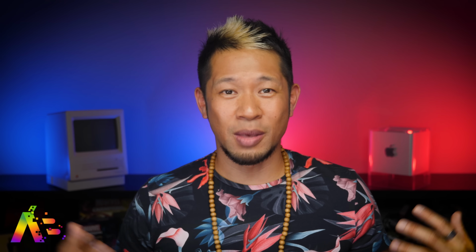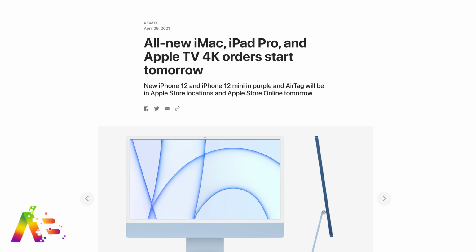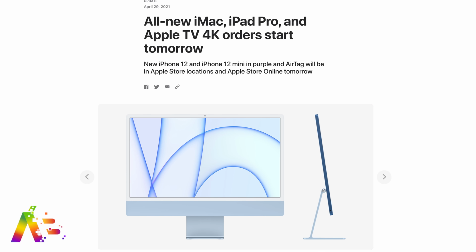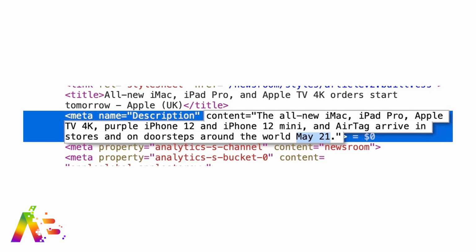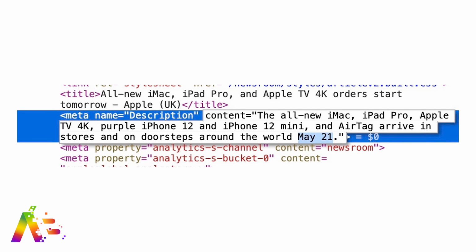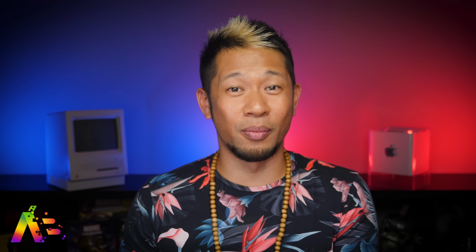But Apple may have leaked the release dates for the new products because after Apple posted a reminder for their pre-orders on their newsroom page, Jason Atten on Twitter dug through the metadata and found a mention on its UK and Australian pages that all the new devices are going to be available on May 21st. And you know how you know it's probably true? Well, Apple then removed the references to that May 21st date from the websites. So May 21st it is,